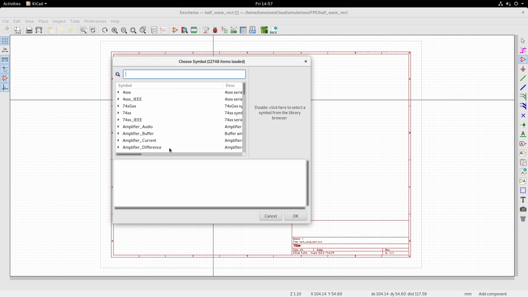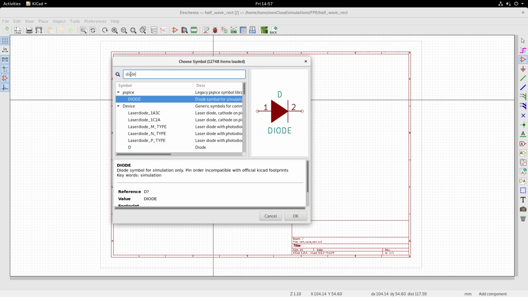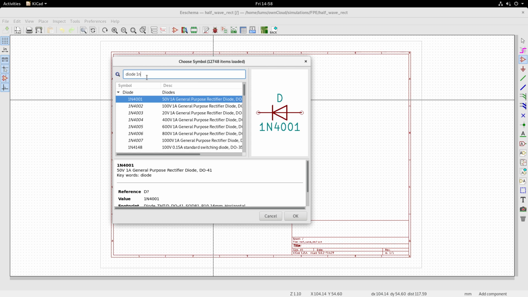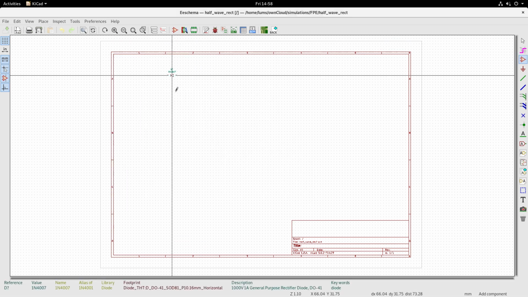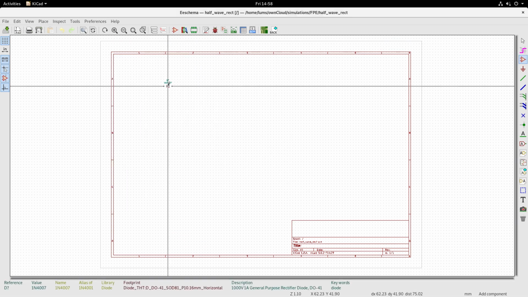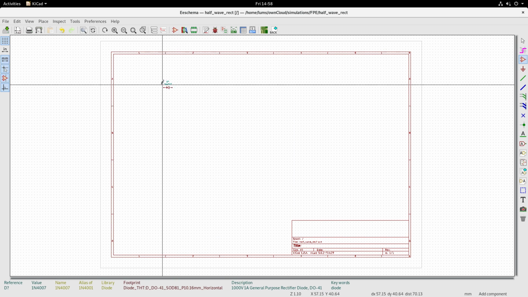So now let us try to build the half-wave rectifier circuit that we discussed. First let us pick the diode. You can search easily by using this search box, and I will type in diode. You will see that the diode symbol comes in and it points to a diode. You may want to go a bit further. Let's say I want 1N4001. You can pick 1N4001, 2, 3. So let us say I pick this and click OK, and you will see that it appears here. So I place that on the sheet.